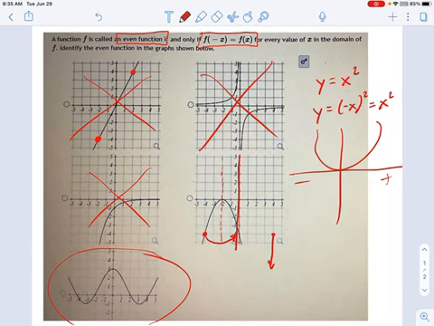So your last option is this graph right here. And let's just double check it and verify that it's correct. If x equals 2, y equals 0. If x equals negative 2, y equals 0. It's the same thing. If x equals 1, y equals 2. If x equals negative 1, y still equals 2. So you see, it doesn't matter what x is. We're going to find the same y value on both positive and negative values of x. This is an even function.